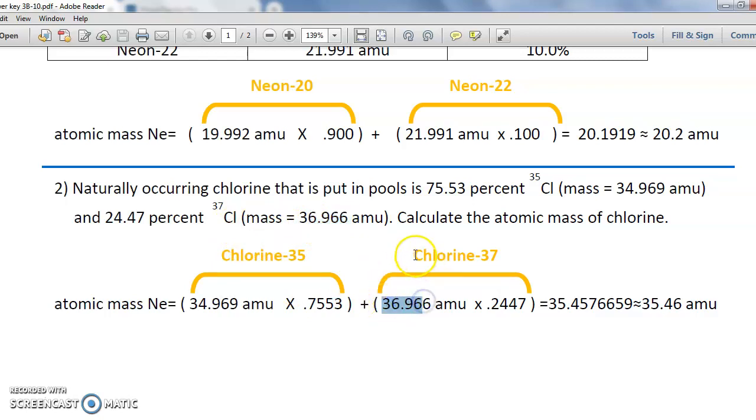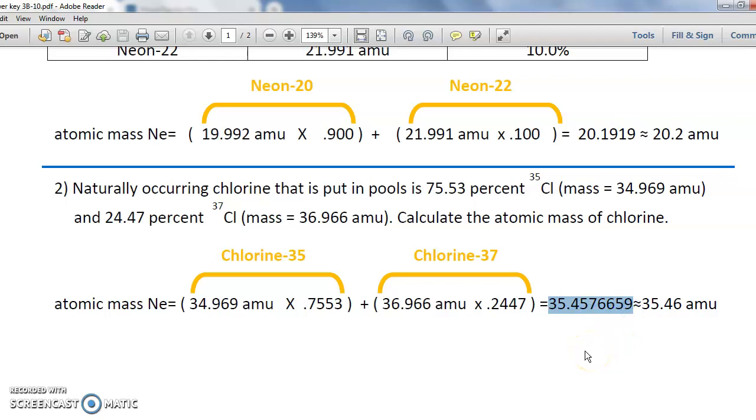That goes there. We would write chlorine 37 above that in the brackets, because this is the part of the mass that's contributed by chlorine 37. 24.47% of it. Divide that by 100, or slide the decimal 2 to the left, to get 0.2447. We plug this into our calculator. You can use parentheses here to make it easier so you don't get order of operations errors, but you could take the 34.969 times 0.7553, hit equals, plus, and now we can use the parentheses, 36.966 times 0.2447, and hit equals, and you would get